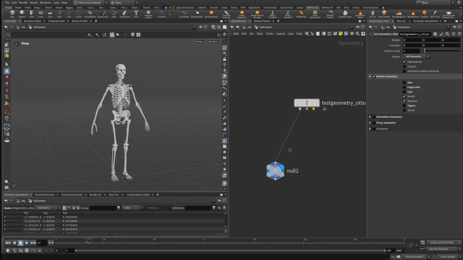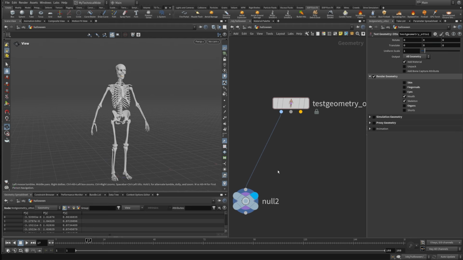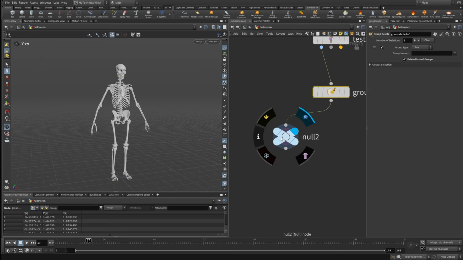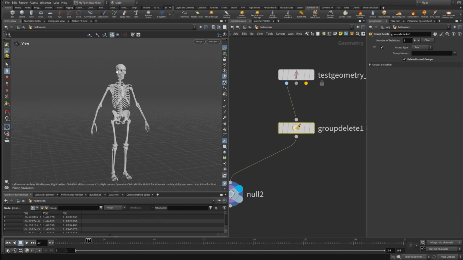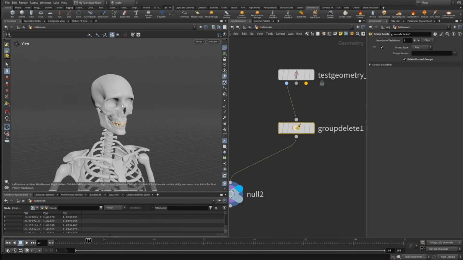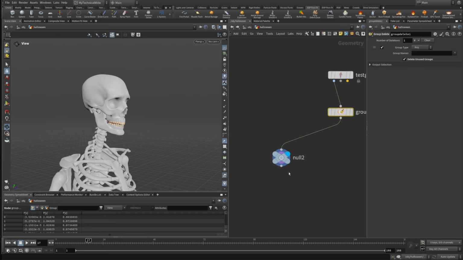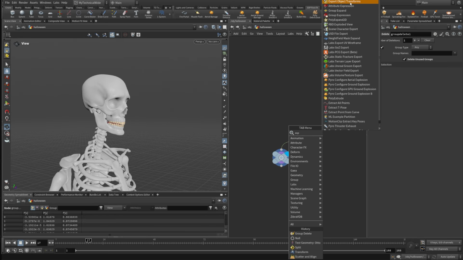So before we move on, let's delete all the unnecessary groups. I'm going to do group delete because there are a lot of groups here that just keep on flowing down. So let's turn on delete unused groups, and then I'm going to split the mouth and the skull and the mandible geometry, because if I do an exploded view on this,